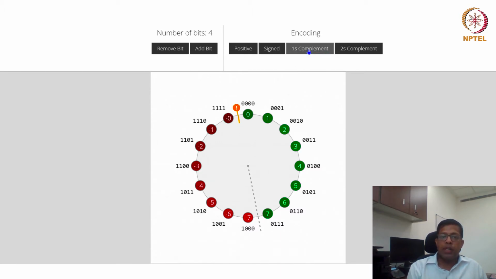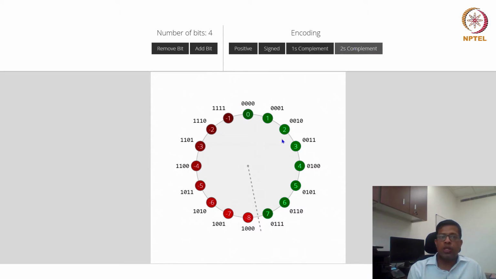In 1's complement, you again see there are 2 issues. One issue is that there is a discontinuity here. So if I add 1 here, from 7 it became minus 7. This is a continuous thing. Minus 7 adding plus 1 is minus 6, adding plus 1 is minus 5. So that means going in a clockwise direction is addition. But here also, this is not a discontinuity, but this is a kind of an error, that this is also 0, this is also 0. There are 2 zeros in the same number circle.